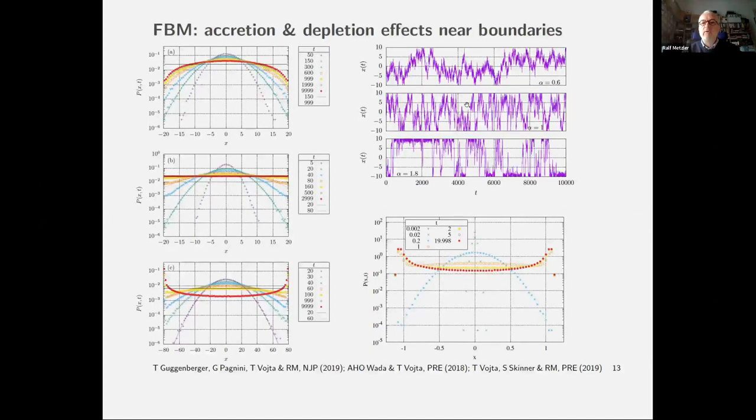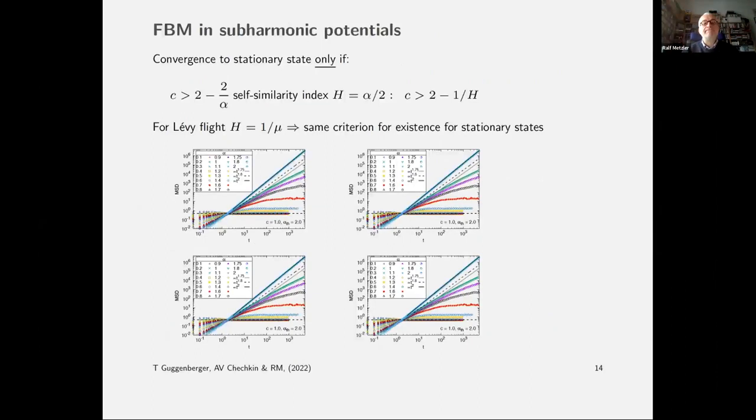This is the case for a Brownian motion, and this is the case when the motion is persistent, when it's trying to push against the boundaries. And here, in this case, you can see this very clear increase of probability next to the boundary. So we have, again, multimodality here, and here it's due to the presence of the positive correlation.